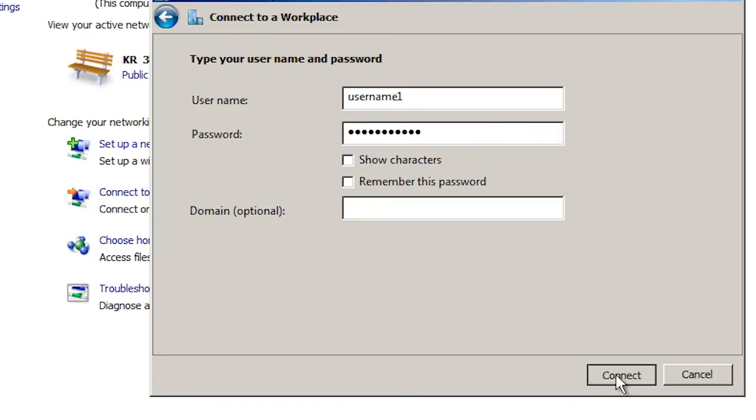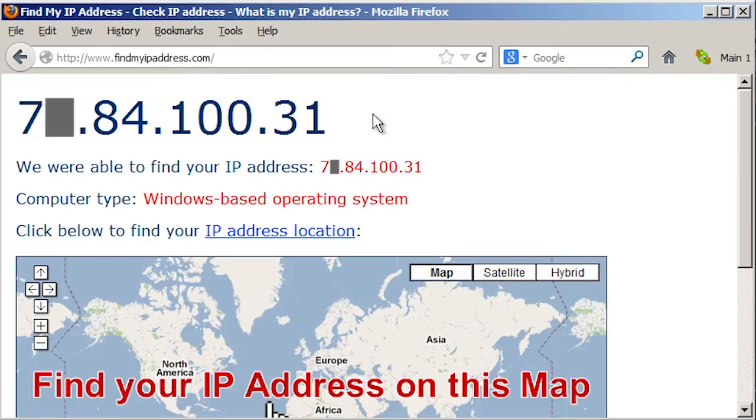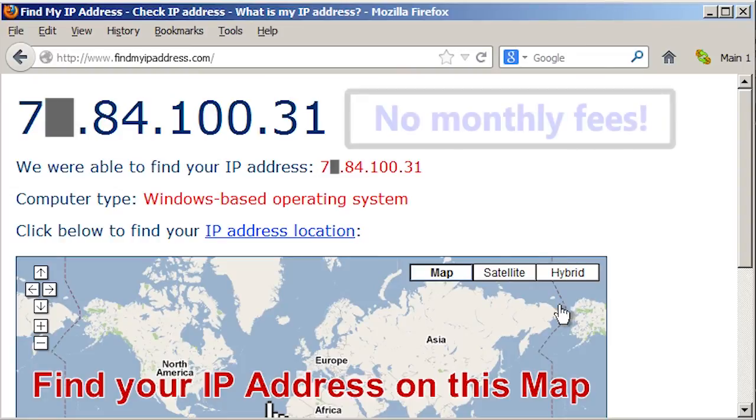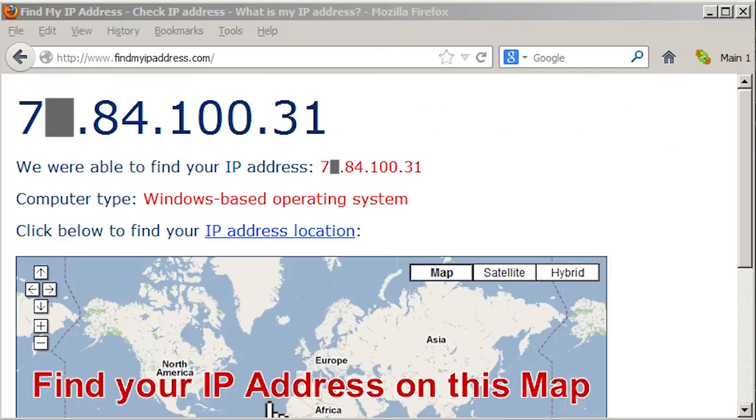Okay, I'll go to findmyipaddress.com, and look at that. Even though I'm away from home, I'm now surfing with my home IP address. This is very useful for traveling overseas, or really for any Wi-Fi hotspot. This is actually encrypting your connection to your home so no one can snoop on your wireless traffic at cafes,